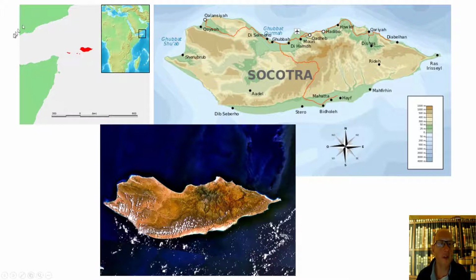And here, zooming in, to the north is the Arabian Peninsula. This is Oman. Yemen is just about here and to the west. And here's the Somali Peninsula, divided up into various countries at the moment. Socotra is an island. It's about 100 kilometers long out in the Indian Ocean, and it's part of Yemen. What's unique about it is it has this rather unique fauna and flora, with many species that only exist on